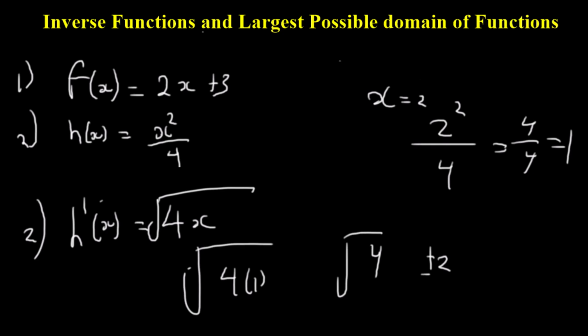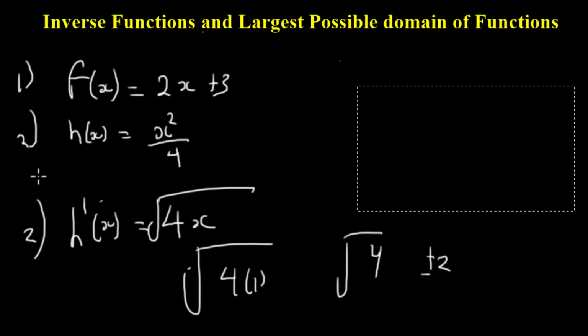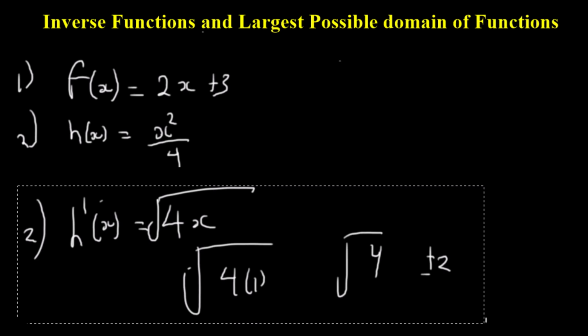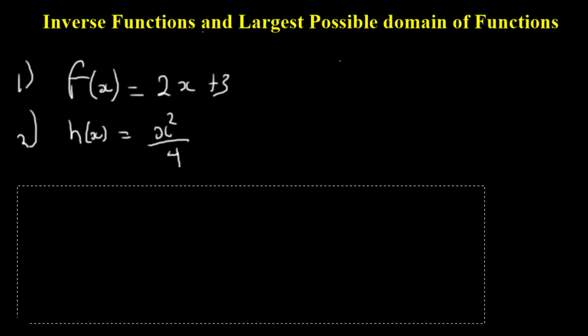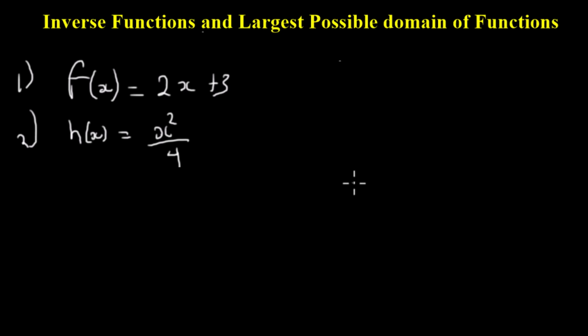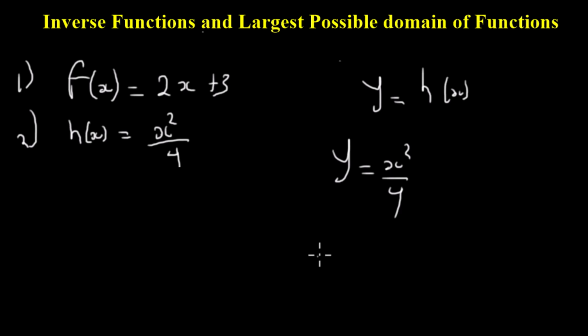For the second method, what we simply want to do is to write the equation as equal to y, and then we solve from there. So again, y is equal to h of x, and then we say y is equal to x squared over 4. So interchange, write x as y and y as x,